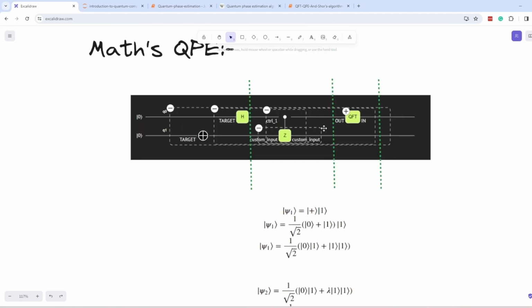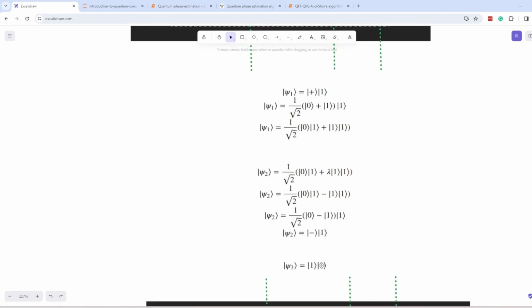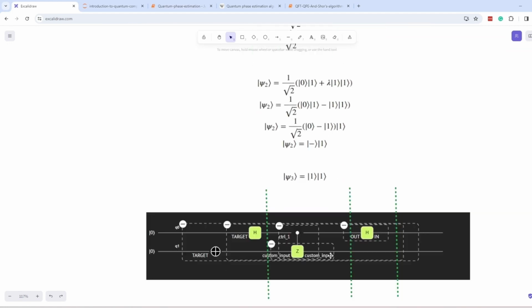So at psi 2 we have minus and the 1 state. Now we know that for a single qubit, the inverse Fourier transform is just the Hadamard gate, so we will apply the Hadamard gate, and since we have the minus state, we will receive 1, and that will be our output. Now we will use that output to calculate phi, but before that,